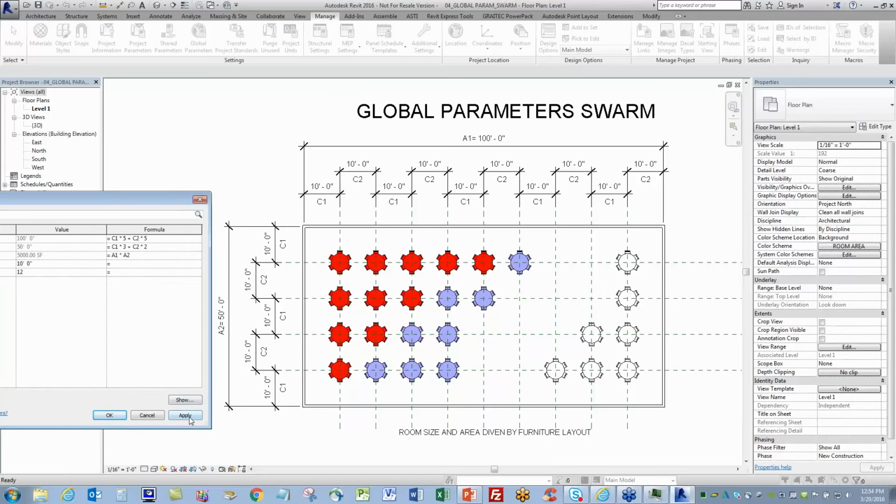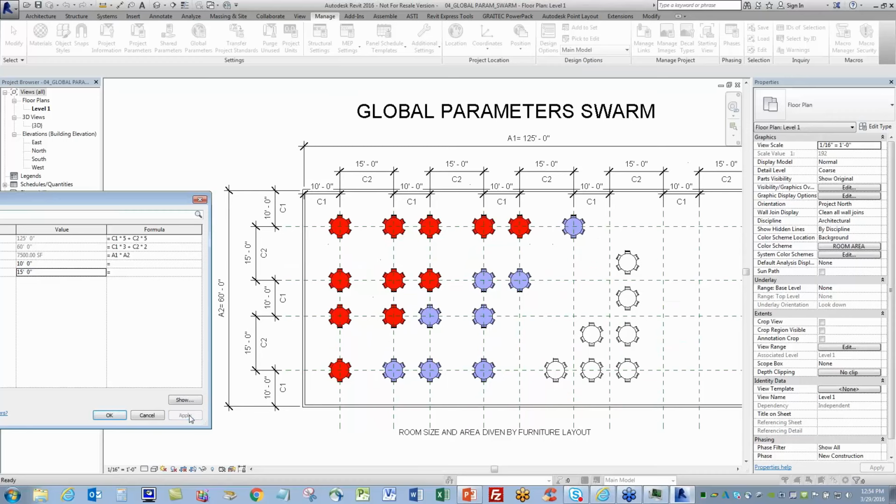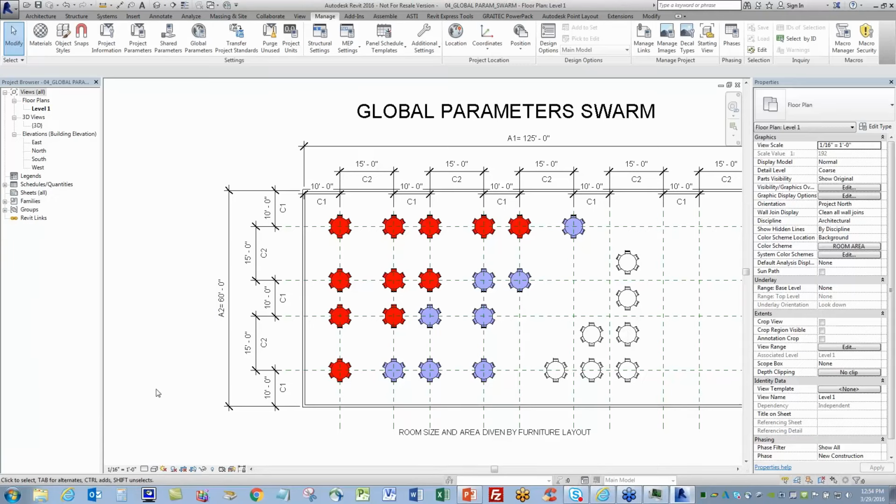Okay, 12 feet, apply button. You'll see that the spacing of the color tables now is changing, and it's not even, and the spacing between these tables on the right side is not happening because it's not tied to the grid. Let me take this one step further and change it to 15 feet. Hit apply. You can see here that the grid, the tables are being laid out in certain rule, while these are not. So again, this is just another way for us to use